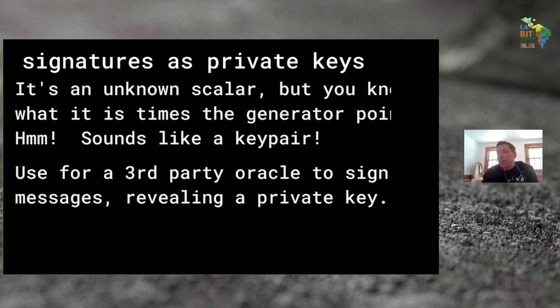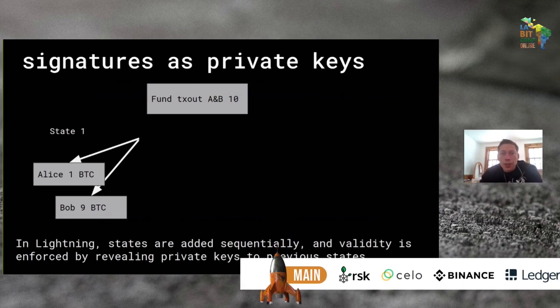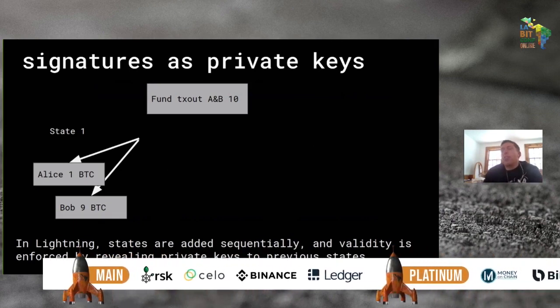So it's this kind of weird cryptographic trick where now for any message, the oracle says, okay, here's my public key. I'm going to sign something tomorrow, and I'll tell you what I'm going to sign. I'm going to sign the weather. I'm going to sign what the price of something is. And now before they do sign, we can anticipate their signature. We can say, okay, if they sign 5, it'll look like this. If they sign 6, it'll look like this. And we can use that version of their signature that we anticipate and throw that into Bitcoin transactions. So the way we do it is we are using their signature as a private key that unlocks